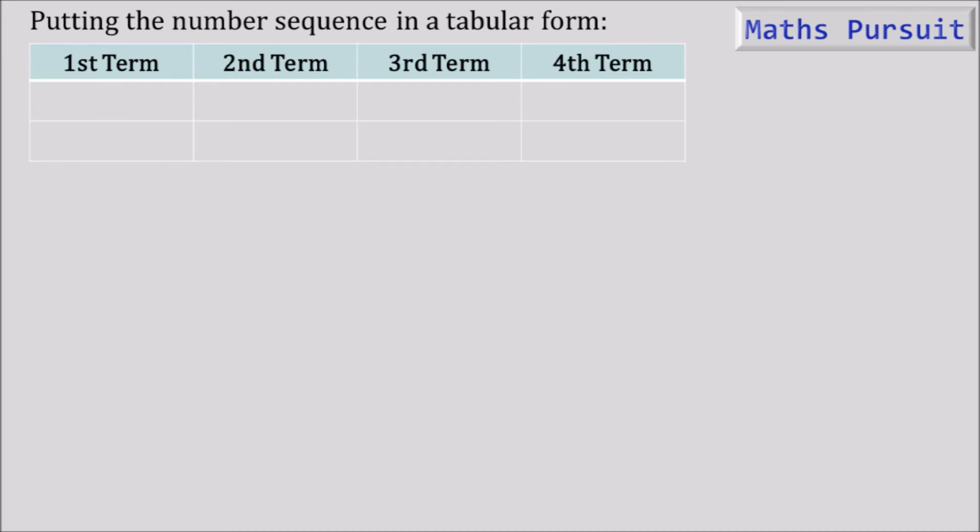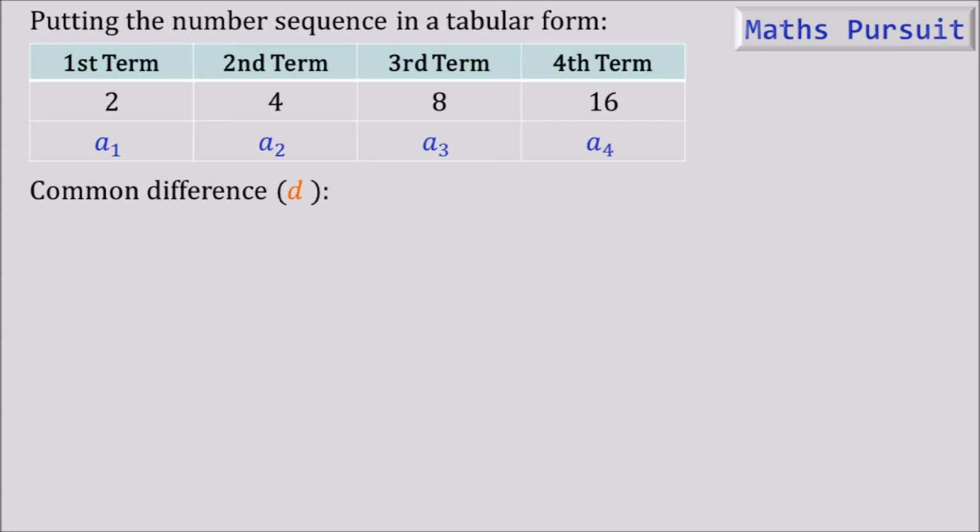Now putting the first value 2 under first term, 4 under second term, 8 under third term, 16 under fourth term. Now naming A1 to the first term, A2 to the second term, A3 to the third term and A4 to the fourth term. Guys, we are naming A1, A2, A3, A4 to each of these terms so that it will make our calculation easy. Now we are going to find out the common difference. We are finding the common difference to understand if the difference between consecutive numbers is unique, like we are getting a constant difference.